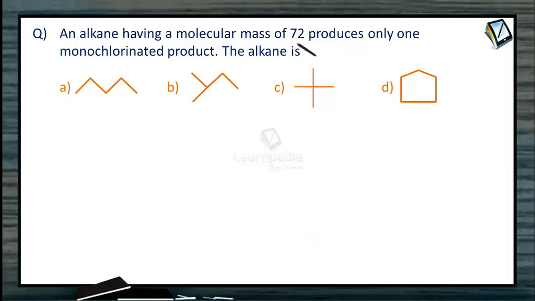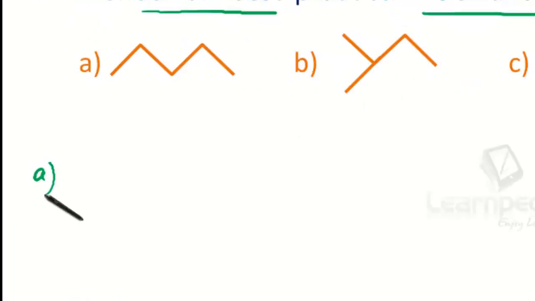An alkane having a molecular mass of 72 produces only one monochlorinated product. So out of the given 4 options, what is that alkane? To answer this, first let us write all these structures in terms of carbon and hydrogen and check out how many of them are satisfying the statement molecular mass 72. So this is option A,